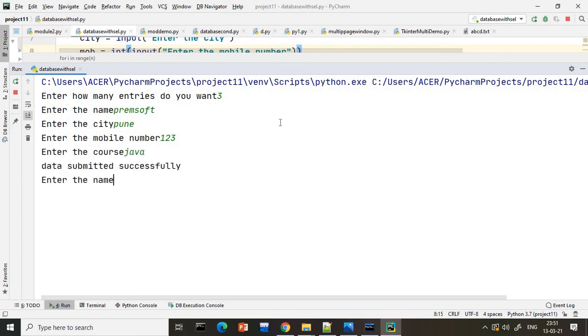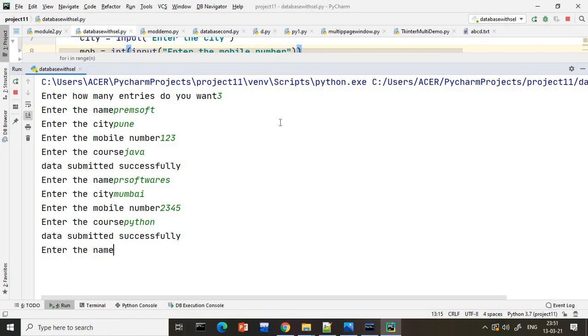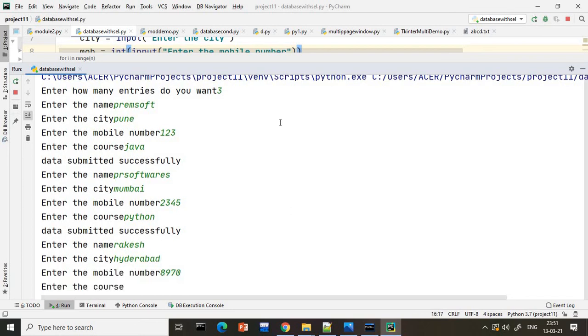Second person, let us say PR Software, city is Mumbai, then mobile number is 345 something, and course is Python. Next, third person name we are giving as Rakesh, city is Hyderabad again, mobile number randomly anything, and course let us say Django.